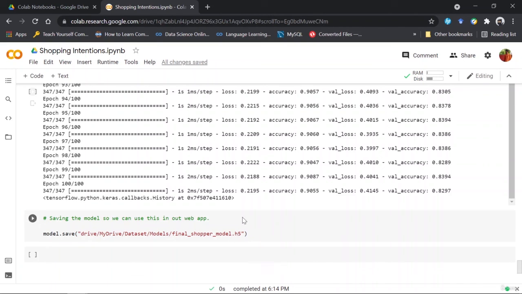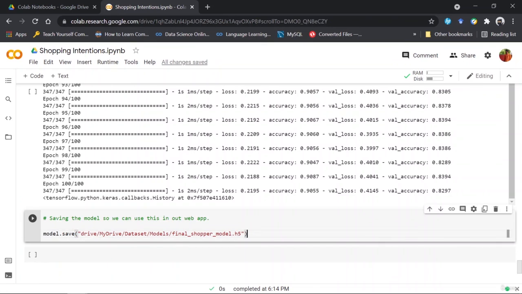So after I have built the model and trained the model, I'm just saving the model so that I can use that specific model inside my Django web application itself. And for that, I've used this. So with this, we come at the last part for the first part of the course. And now we will be jumping on to the second part, that is building our web application using Django framework.